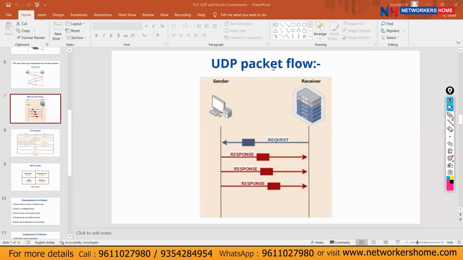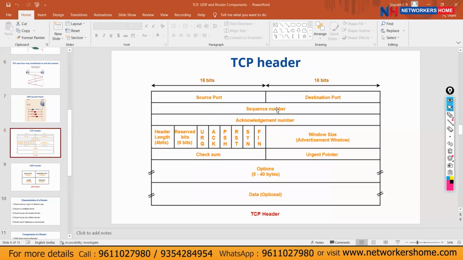So the UDP packet was simple. Next, we will see the packets of TCP and UDP. So I'll take down this diagram, then I'll explain the diagram to you. Okay, see this. In the TCP header,